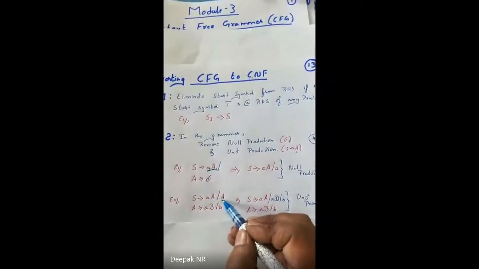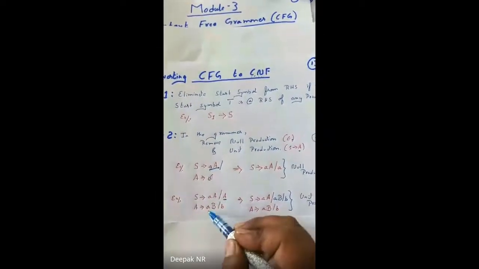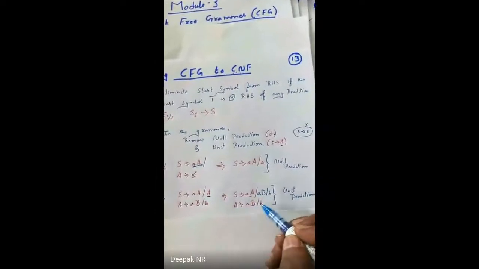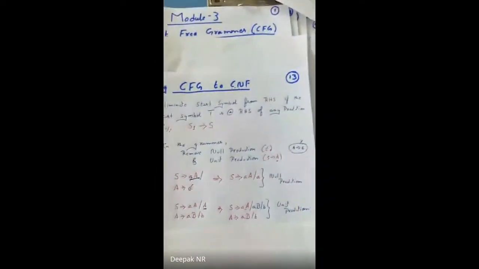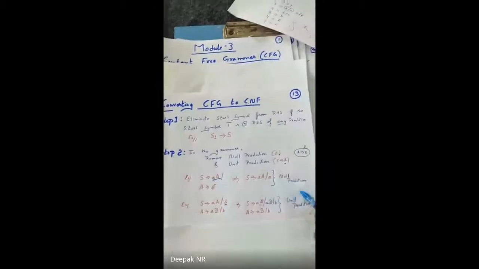If you observe, this is a unit production. So I replace A with this. So this will be my answer. Is that clear? This is all about step 2. Step 1 is I replace S with S1 and S. Step 2 is removing null and unit production. And the step 3 is